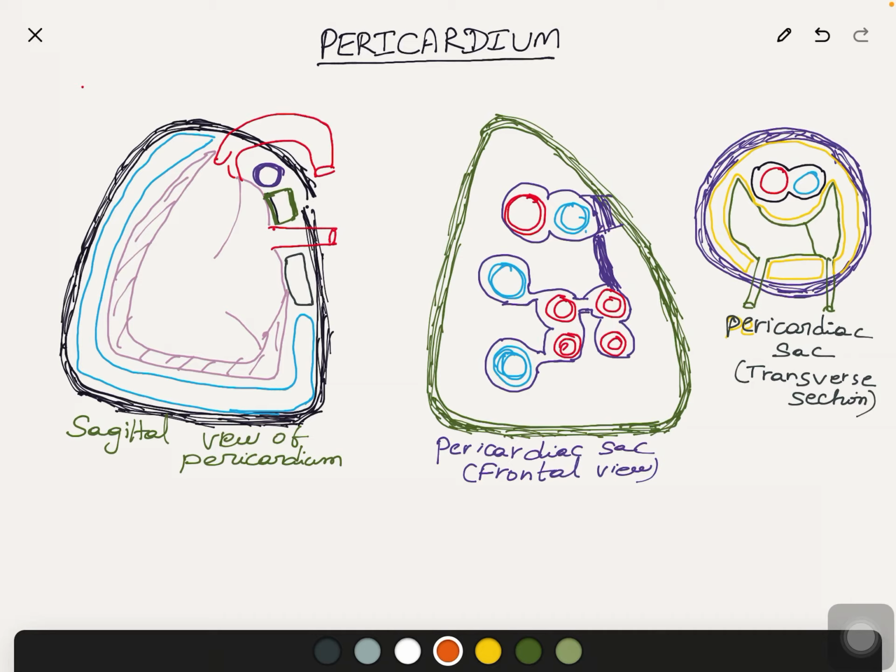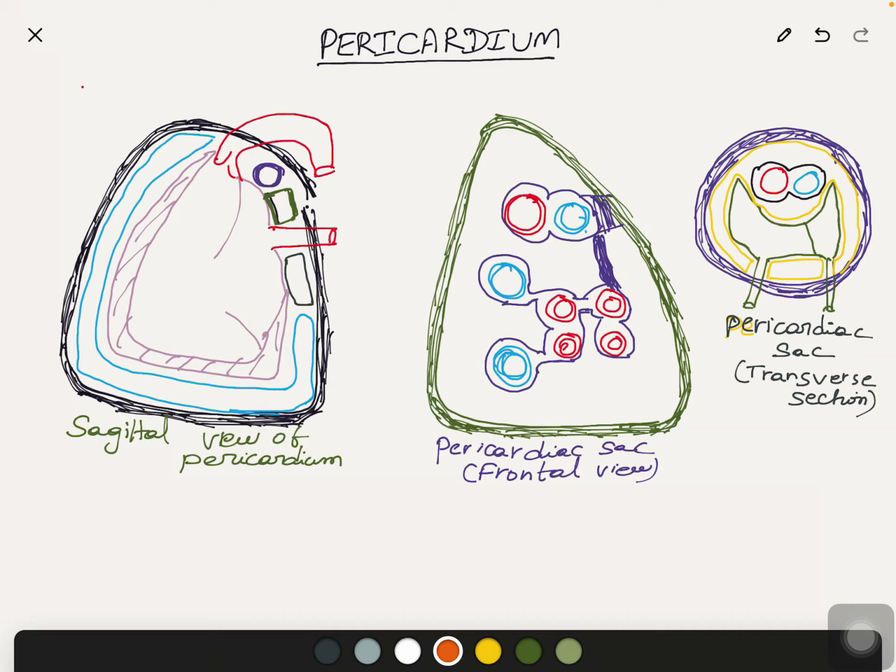Now we will move on to the pericardium and the heart topics. Today's topic is the pericardium. Pericardium, so surrounding the heart. It is conical, so you can observe the conical shape of the pericardium. It is a fibroserous sac, which contains the heart and the roots of the great vessels attached to the heart. So that is the definition of the pericardium.